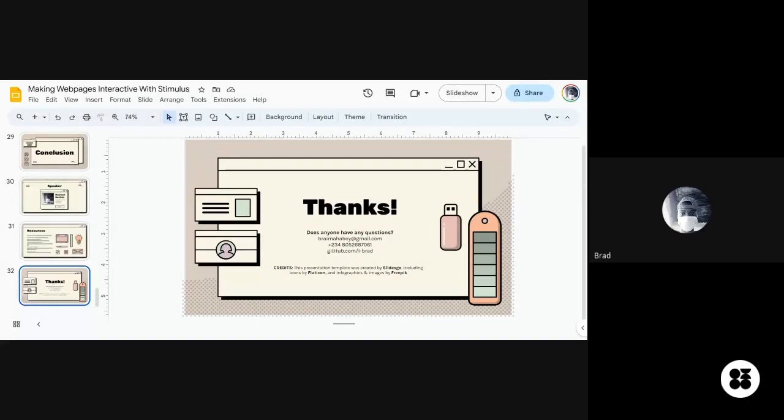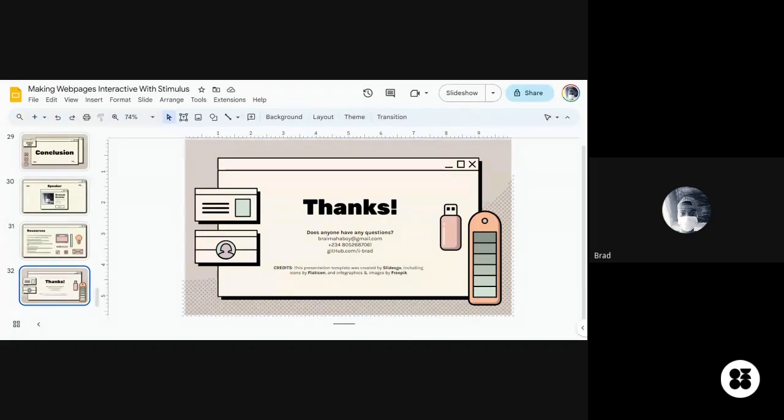So, for those starting out or wanting to play around with Stimulus, I think the best project ideas are interactive sites where you're going to be doing a lot of event handling. That's where it will shine.